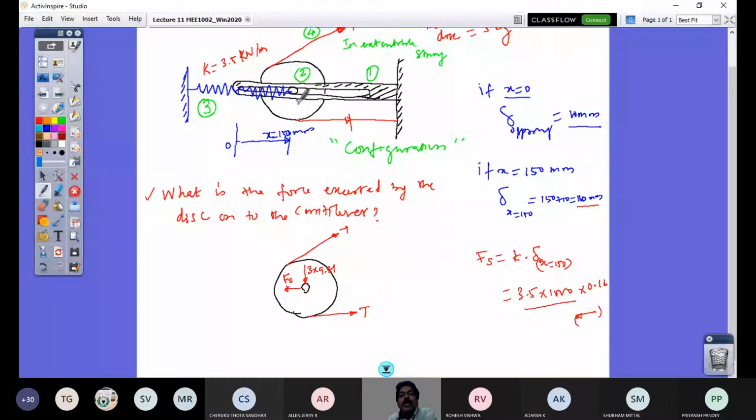So the reaction is what? It is a reaction from cantilever 1 to disc 2. So that would be over here. That is R12. So R21 is what is asked. What is the force exerted by the disc onto the cantilever is R21. So what is that R12 I get? The reverse of that is what is asked. That's the answer. But in this free body diagram, I have this reaction here, and the rest are all active forces. Right? So this is the free body diagram of the disc.